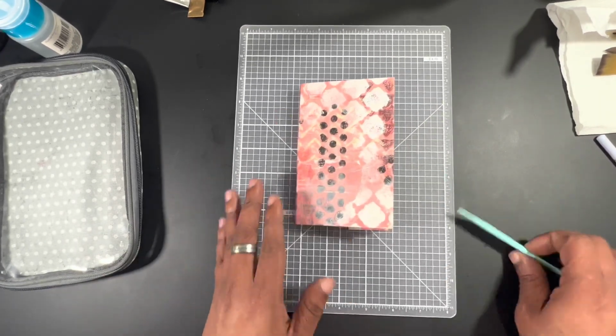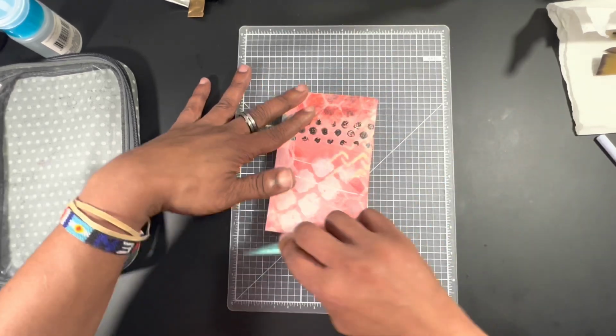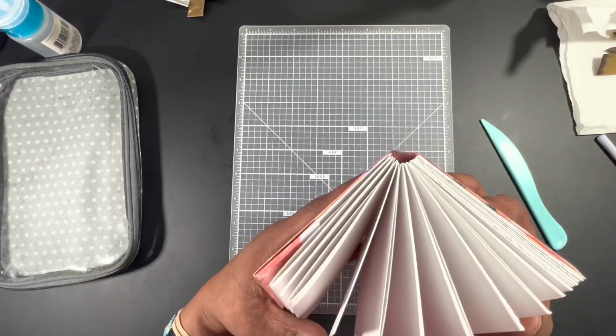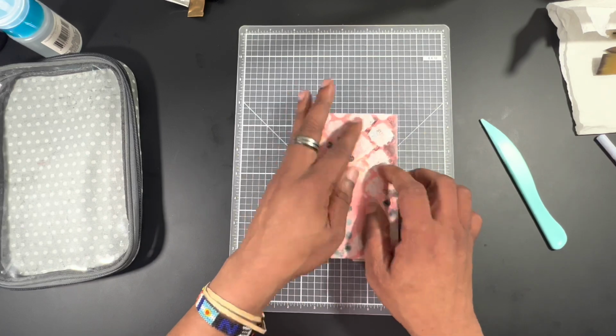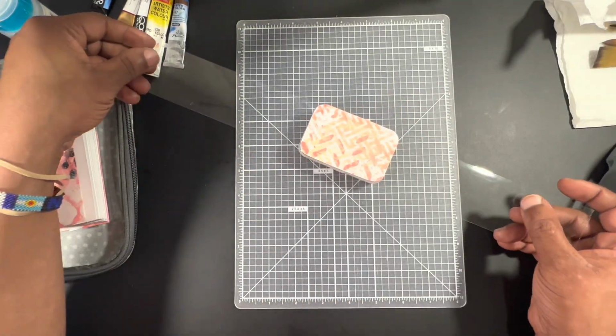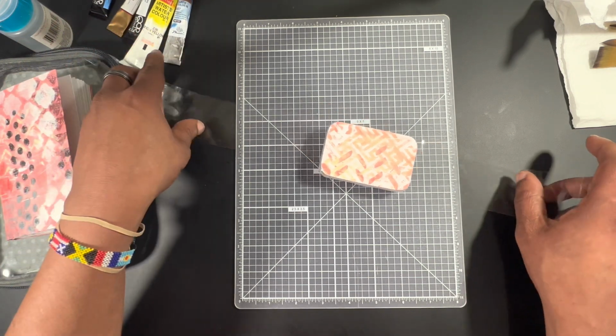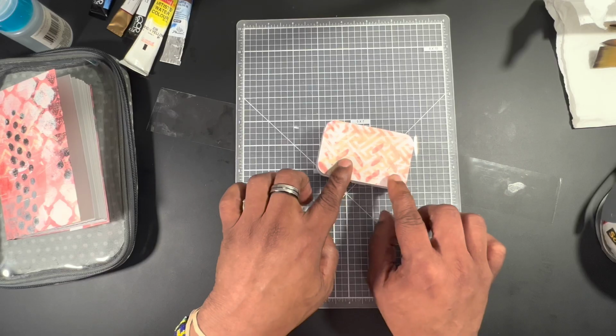You can use pattern paper. You can use gel printed paper if you gel print. You can use grocery bag. You can use a large sheet of copying paper. It'll all work. So now I'm going back to the palette, and I'm going to use packaging tape to cover